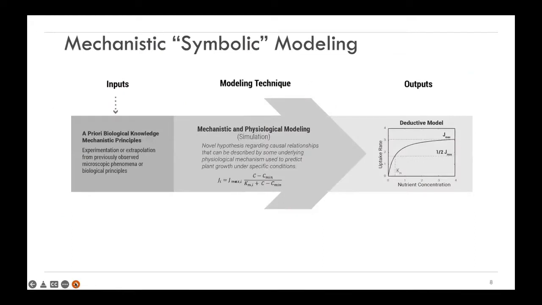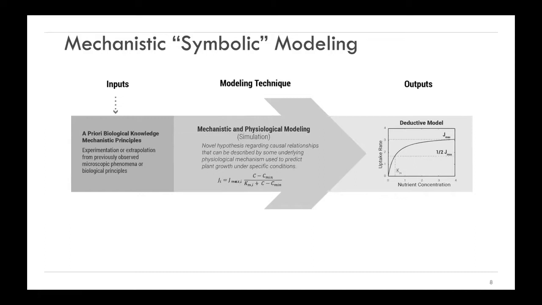But in order to go from sensing and understanding the plant to changing the environmental controls with any kind of predictive accuracy, we need models. So the paper talks about the two camps of modeling in the plant field and really in biological modeling in general, which are mechanistic modeling or symbolic modeling, and that's where we have some kind of biological knowledge of the system. We understand through experimentation the basic principles involved in the growth phenomena of what happens when we